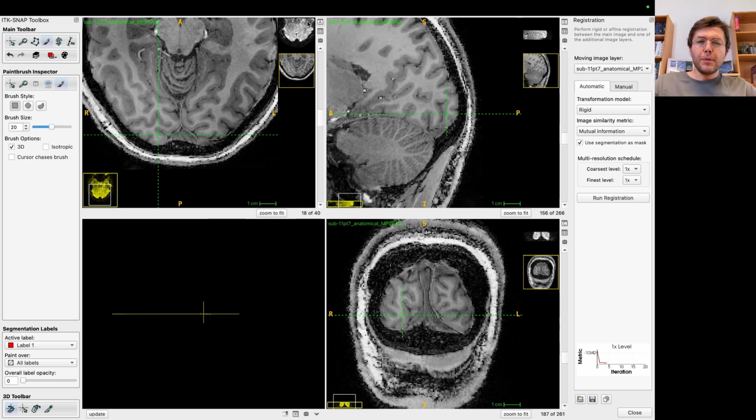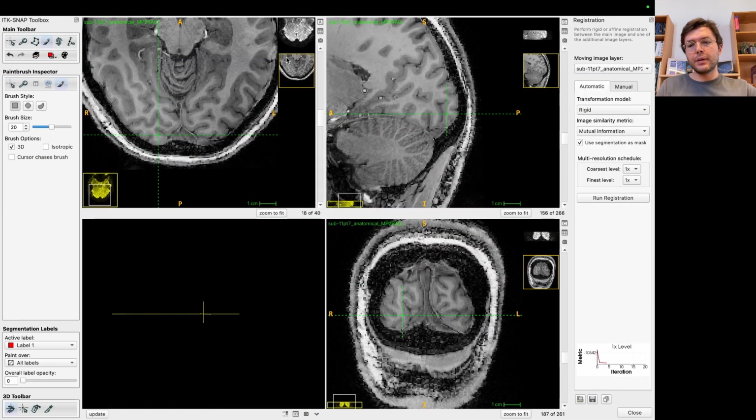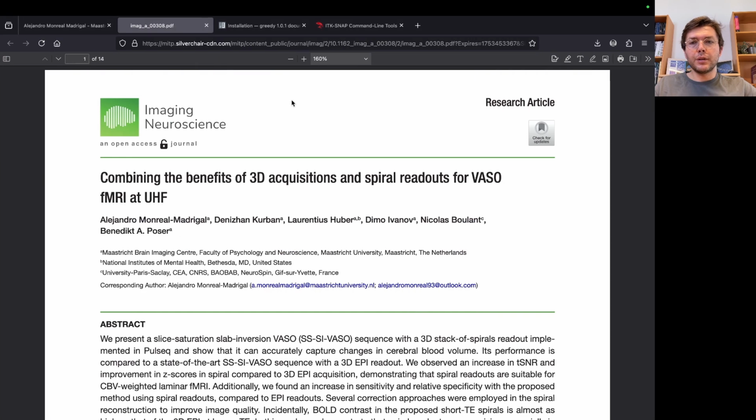Okay, so some of you might wonder why we registered the anatomy on top of the functional data and not, as conventionally done back in the days, functional to the anatomy. There are several reasons to do that, and if you are careful enough, I think either way could be okay, depending on what exactly you do with your data. But I would like to highlight for the curious ones